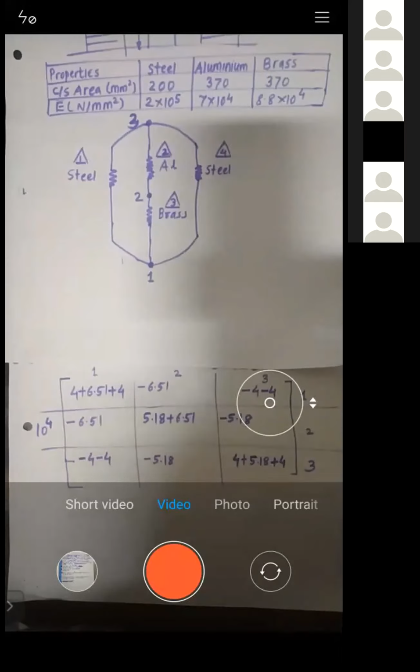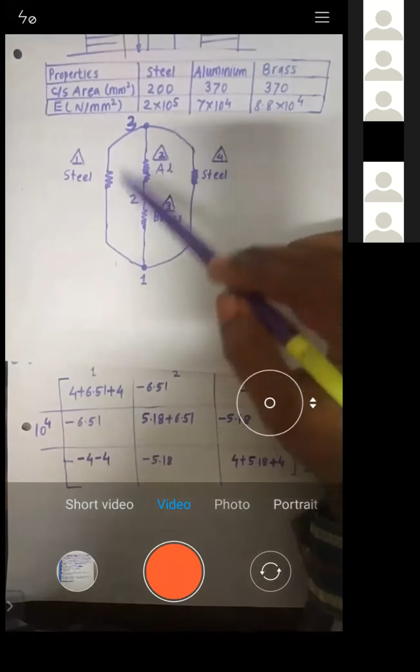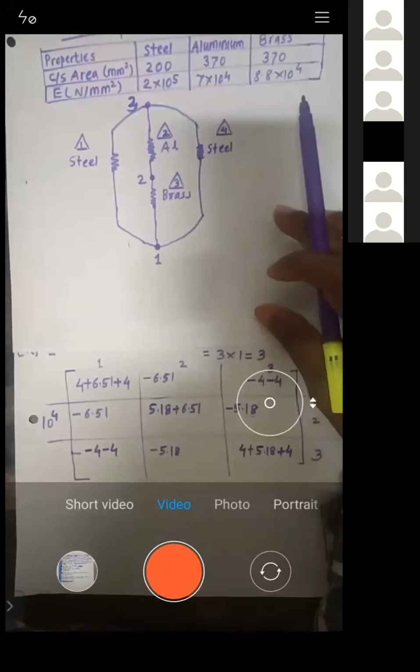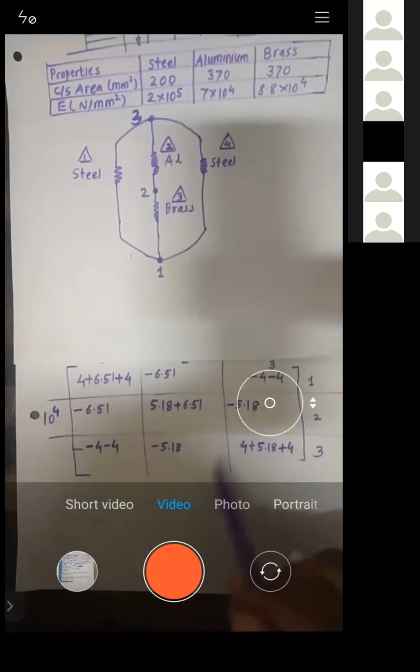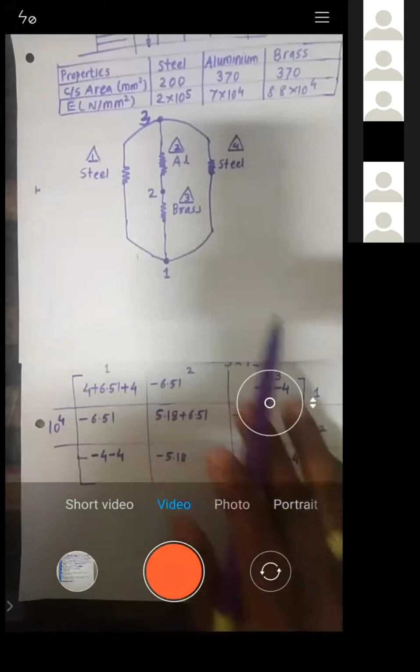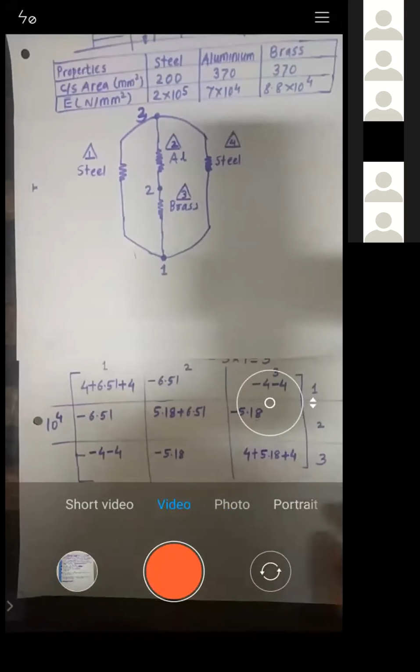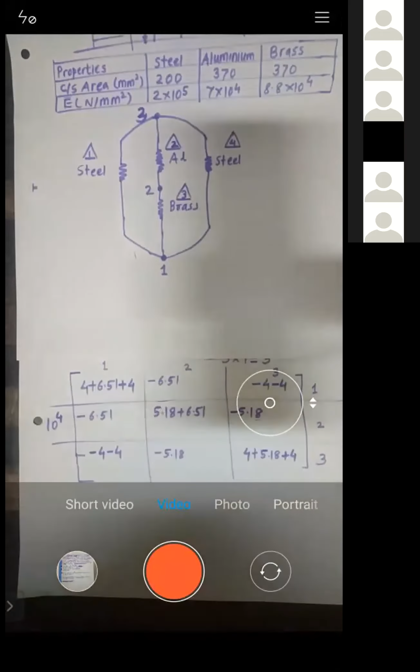Okay. Here, you see, it is not the case. After element number 1, there is element number 2, and after that element number 3. It is not the case. Here you can have elements in any manner. That's why you are not getting this matrix as a diagonal matrix. Getting this point? Now see, how to understand that the global matrix which you formed is correct.